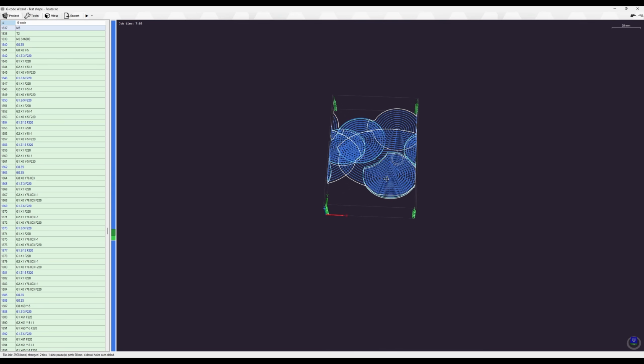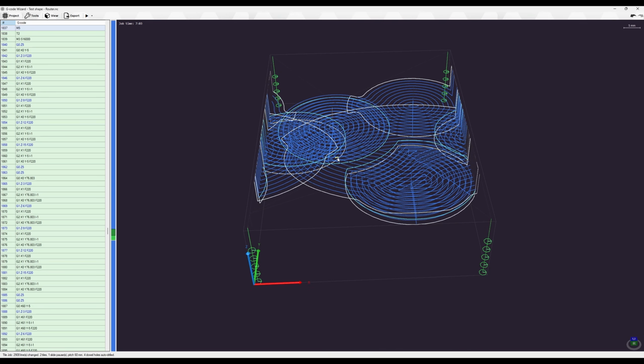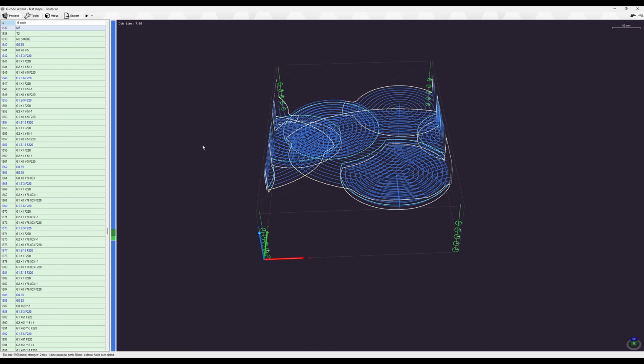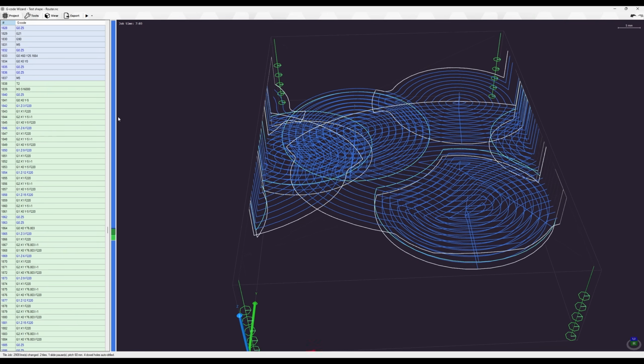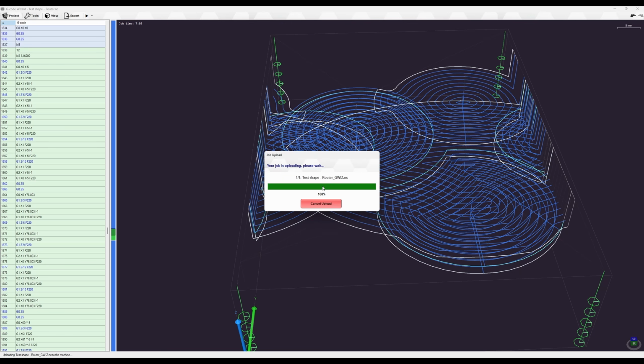Now, the reason why this looks a little bit skewy to us is basically because we've taken the job, cut it into 2 pieces, and asked it to be pieced together separately from the same 0 position. So this is actually an accurate representation of what this G-code job would be doing. But the way that we've set this up now, if you were to go ahead and export this job and choose to save it as a copy. Now, this job could easily fit within the boundaries of our machine, but we just wanted to test this. So if you go upload as a copy,